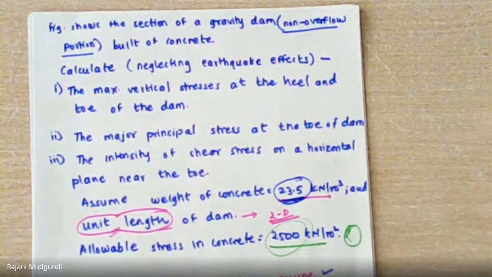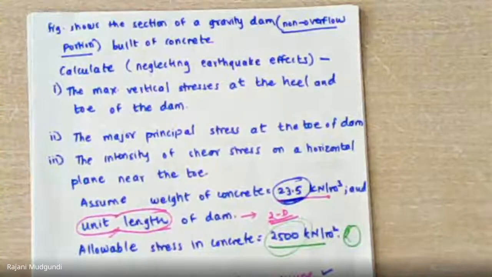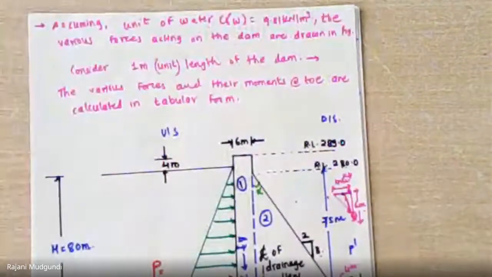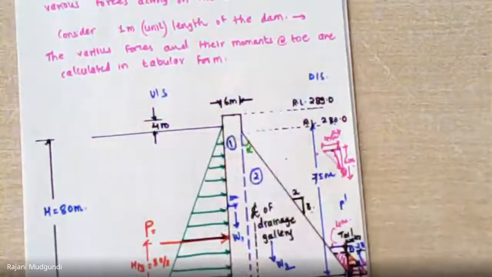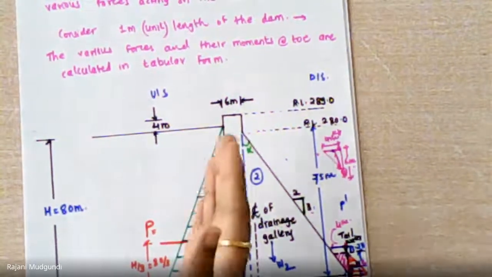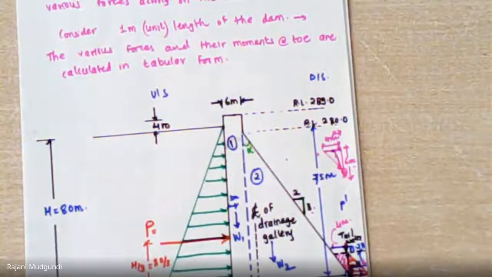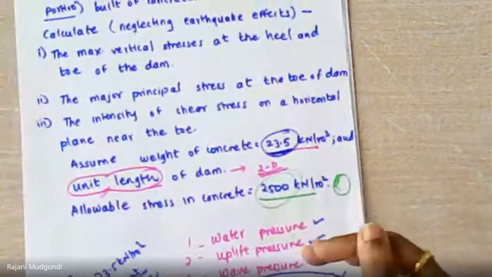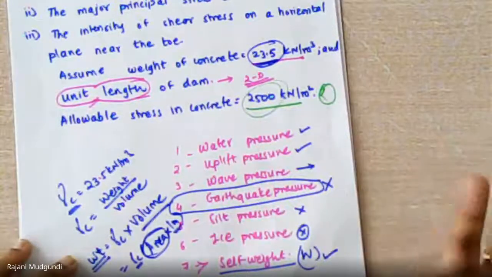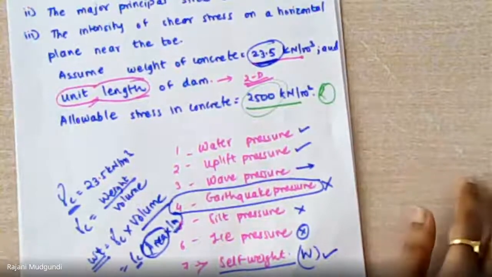One more detailed problem. Earlier, in the case of Solapur University, it was compulsory to solve it in the journal for term work, considering all the complexities. In this, the dam section provided has a vertical upstream face. In the other problem that I am going to provide, a partial slant is provided on the upstream side. In that you have to consider all the forces for the analysis: water pressure, uplift, wave, earthquake pressure, silt pressure, and if ice pressure is not predominant you can discard it, and the last one is sulfate.